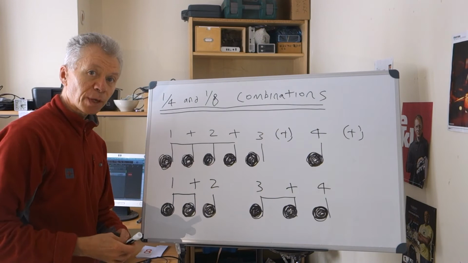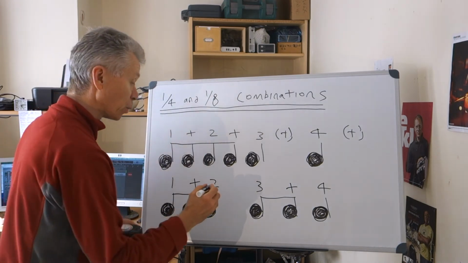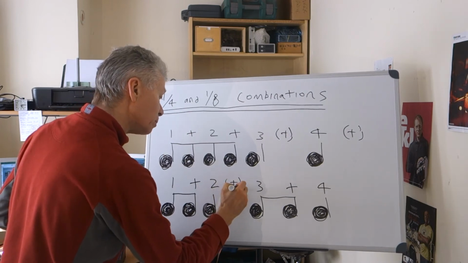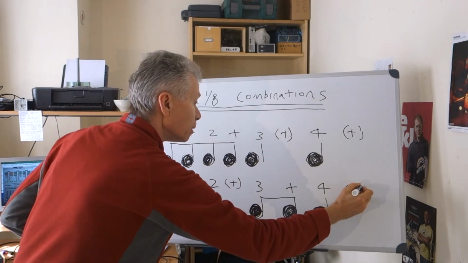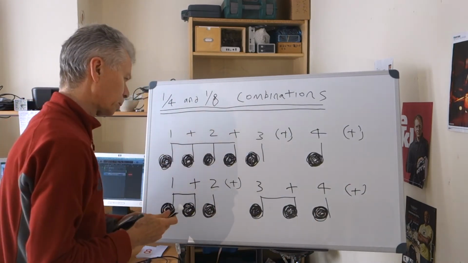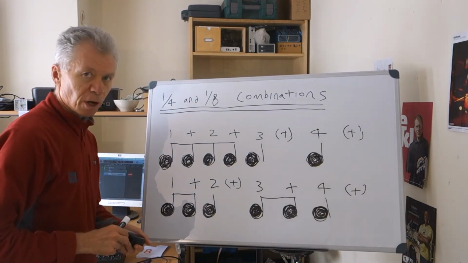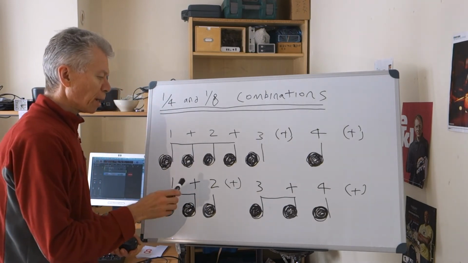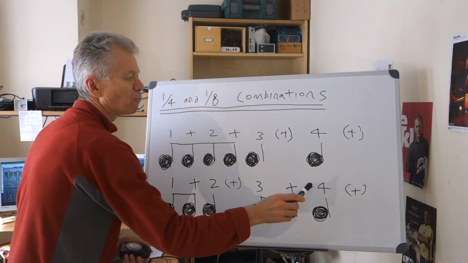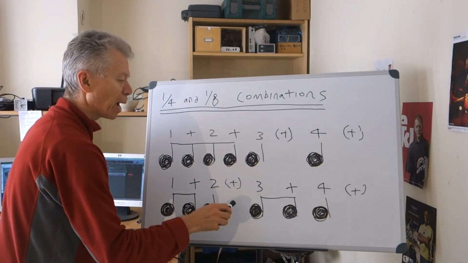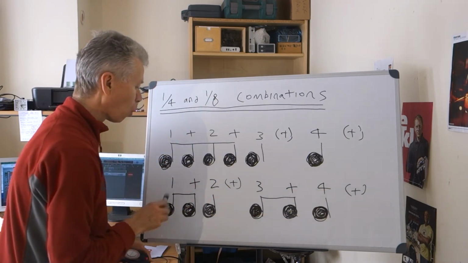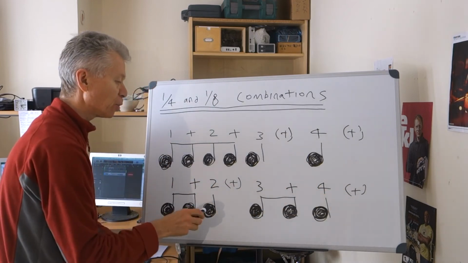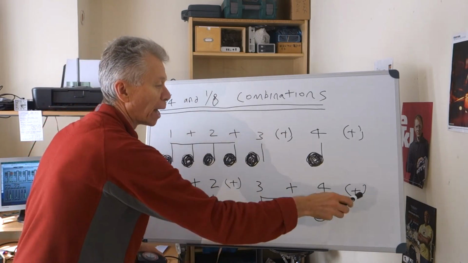Okay, and we can put the ands in the second pattern as well, in between or after the quarter notes. There and there. With the metronome. 1 and 2 and 3 and 4, and 1 and 2 and 3 and 4, and 1 and 2 and 3 and 4, and 1 and 2 and 3 and 4, and